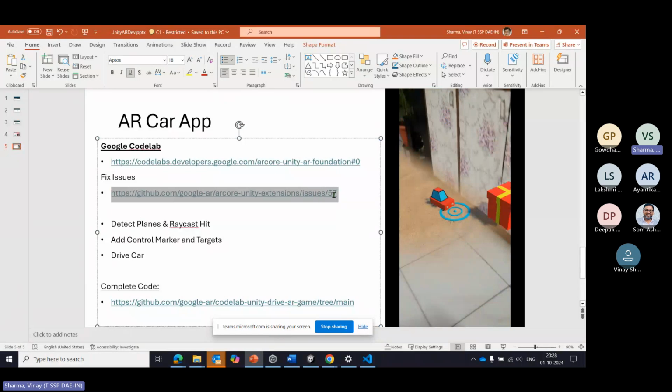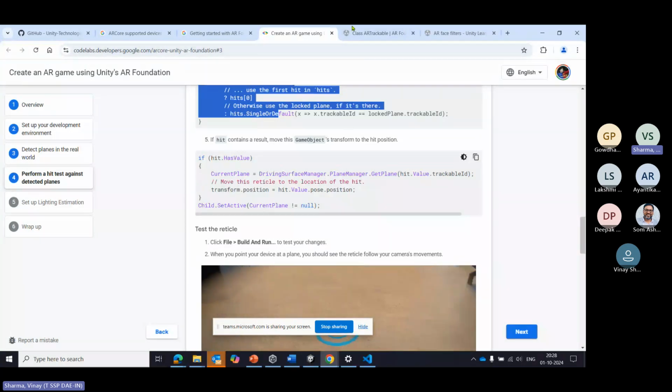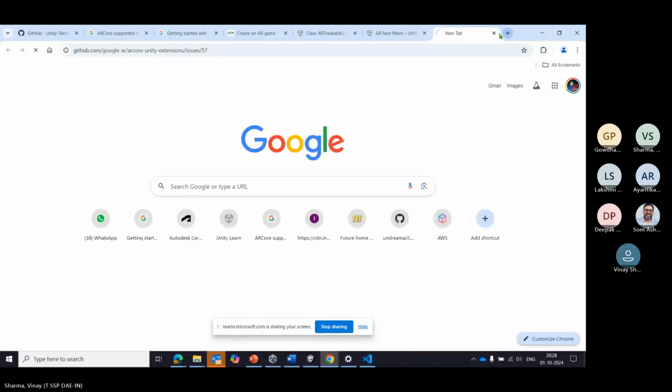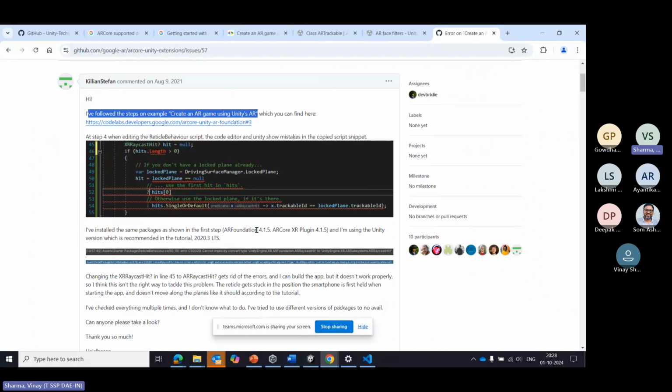So there is a small edit that I have to do to fix an issue. There is a known issue. So let me just share that screen. Entire screen. Yeah. So if you go back to this, there is an issue over here, right? So let me just quickly copy this one and open it for you guys so you can see. I hope you are able to see my screen. So currently what I see is my plane is getting detected, but my reticle is getting fixed. So it's a known issue. If I go over here, we should see the same thing. It happened, but